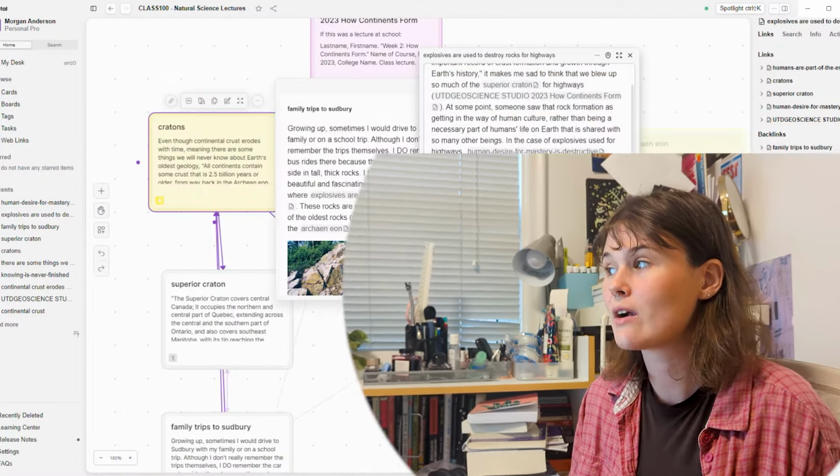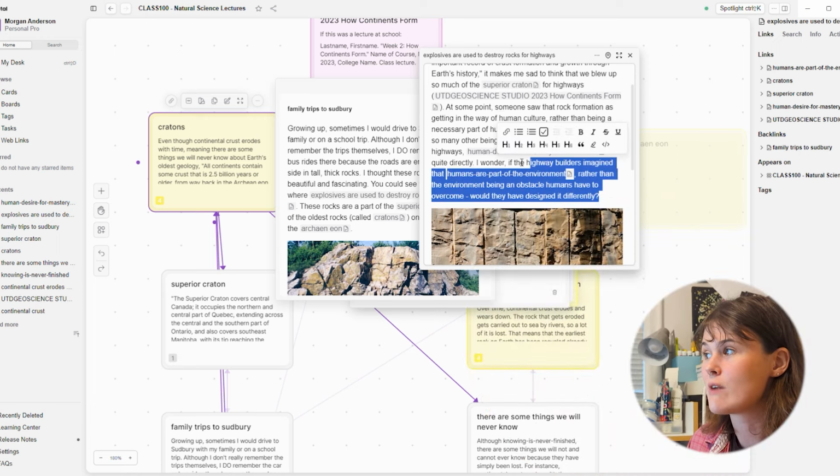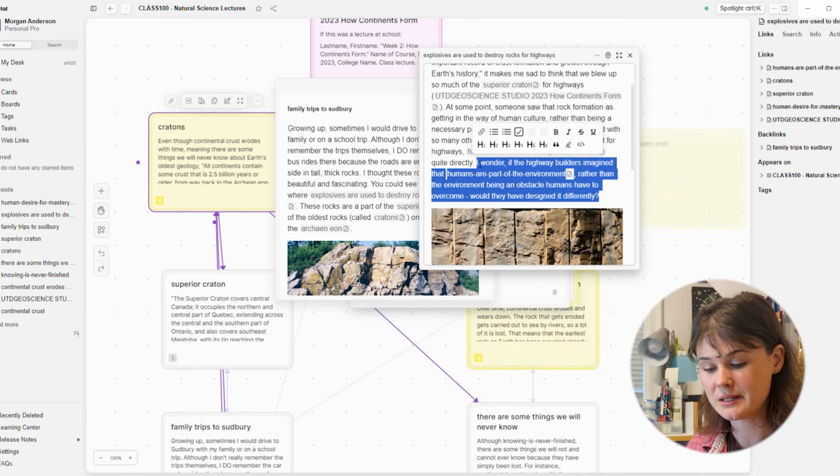But in the ICE learning taxonomy, there's this third level of learning called extensions. And this is where you have these connections between existing things and you use those to springboard into coming up with your own ideas and your own critical thinking and questions about the world that you could then go on to answer. And so that's where I ended up getting to in this random note-taking session that I literally just